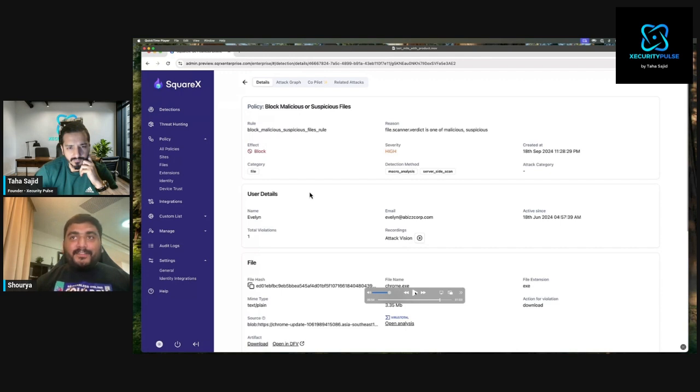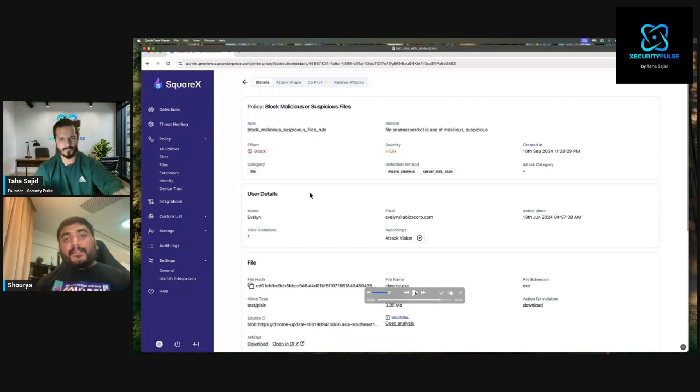What Attack Vision does is that, let's say you have certain user groups in your organization which are way more vulnerable. For example, customer support, because they might be dealing with a lot of information flowing in from external parties. They might be handling the LinkedIn account or the Twitter account. People might be sending them files, people might be sending them messages. And it's very important to understand what kind of things they are seeing, because sometimes it might be very difficult to go back and ask how the user journey was when that policy